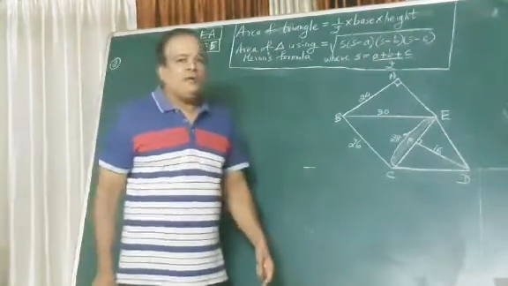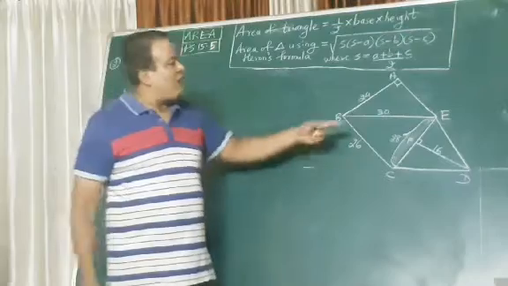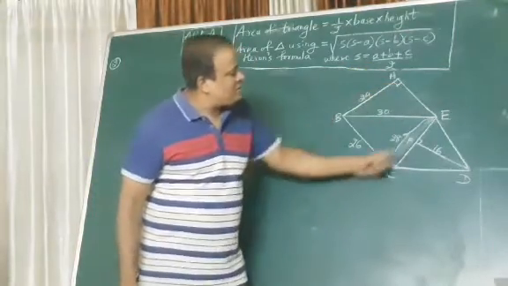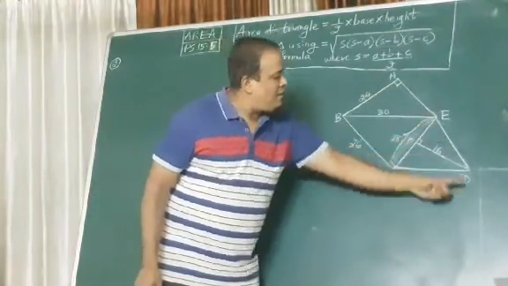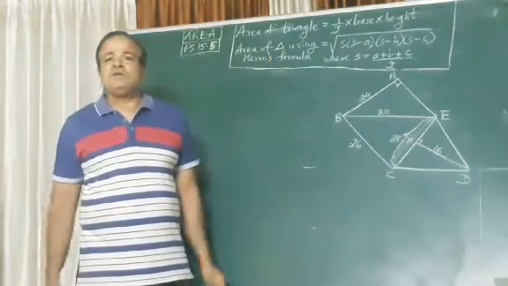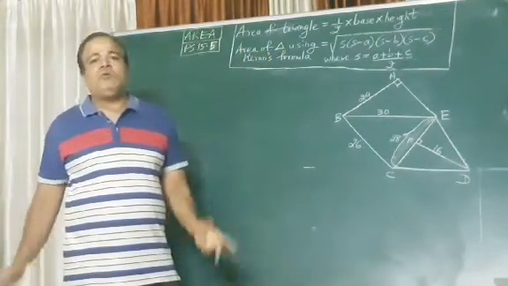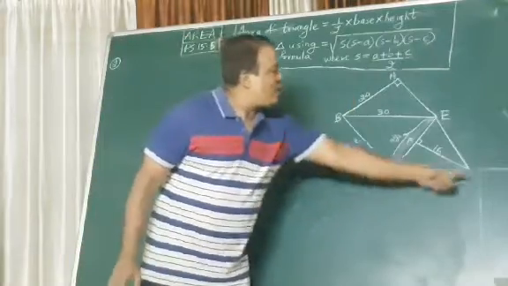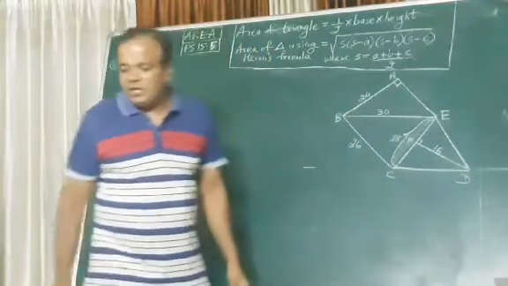But here instead of two triangles they are giving you three triangles. Can you see? A, B, E. Then you have got B, C, E and E, D, C or E, C, D. You have got three triangles. So what we will do? We will find the area of all the three triangles and then add them. So I'll get the area of the full figure. Okay, the area of the full thing.